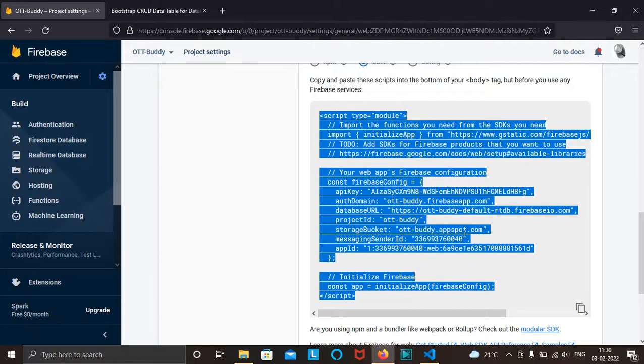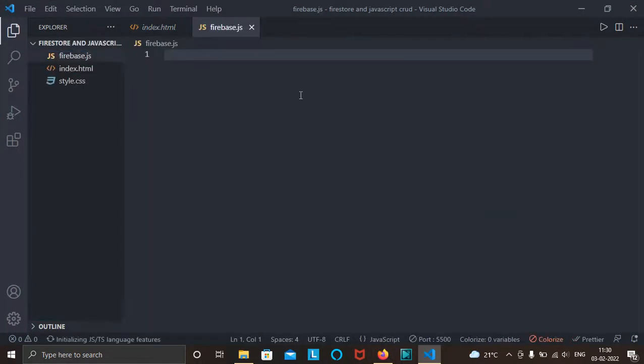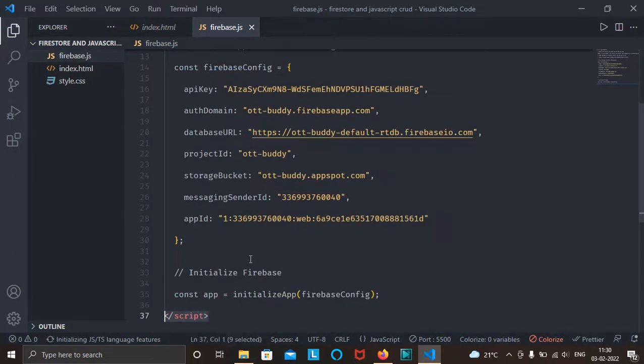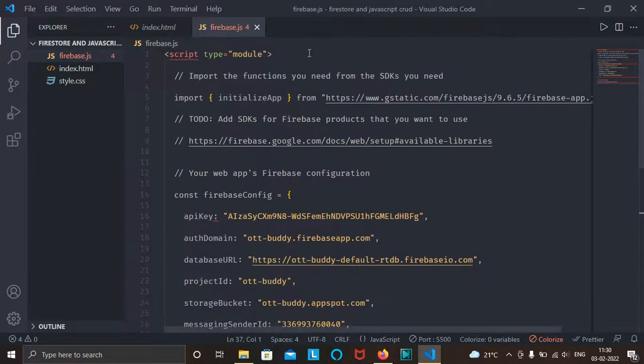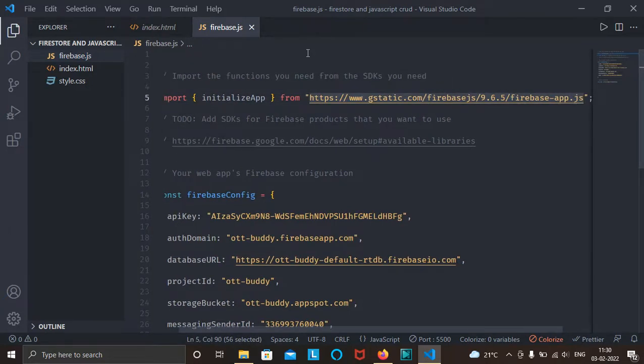Now copy this script tag and add a JavaScript file here named as firebase.js and paste it here. Remove the script tag from bottom and the from top and remove this import line. Just copy this URL, copy it and then remove.